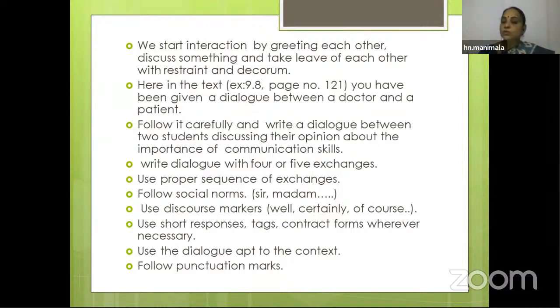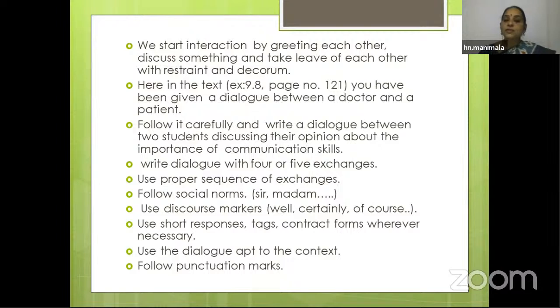Okay, follow social norms. That's what I told you about social restraint and decorum. Madam, no, you cannot talk to everyone alike. The people are different. Their stature is different, their status is different, their position is different, or the need is different. If you are in need of someone, you will talk so pleasingly. You have the need to impress them with your talk. So follow the social norms.